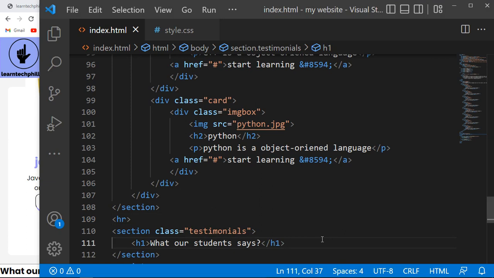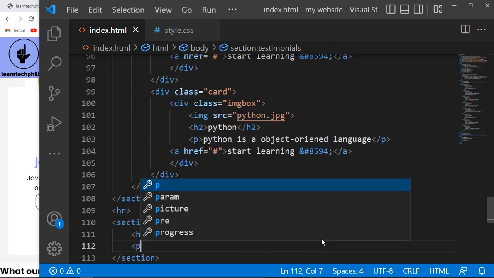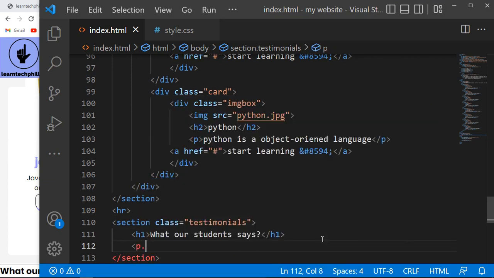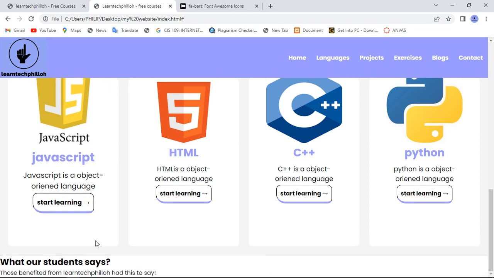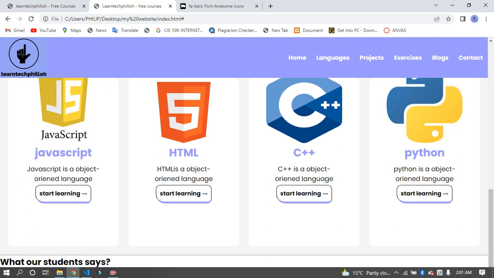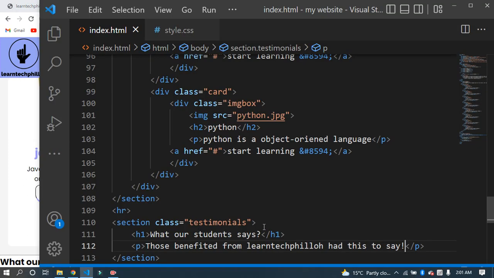Then just after that, you can add another piece of information here, which is a paragraph. You can have this information, so those who benefited from LearnTech will add this to say. Okay, now just after that paragraph,